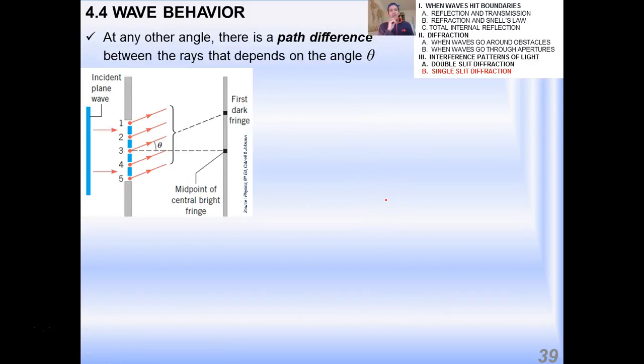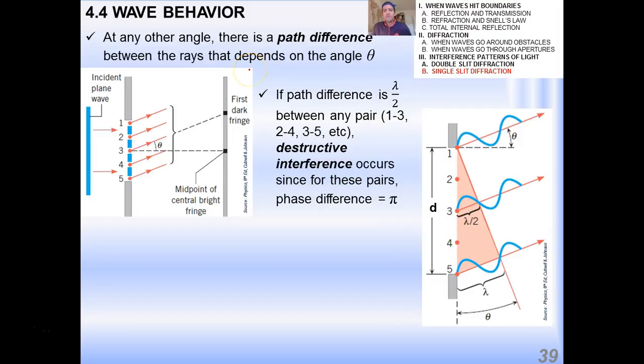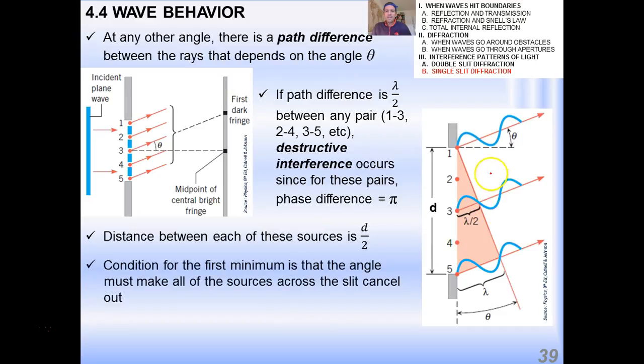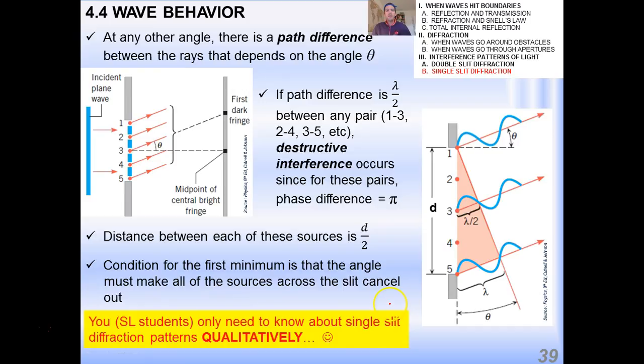All right, now, at any other angle other than theta equals 0, there's a path difference between the rays that depends on the angle theta. And again, you don't need to understand the quantification of this quite yet, but here's that magical lambda over 2. If the path difference is lambda over 2 between any pair, destructive interference occurs, and that is why we see the dark fringes, okay? So the condition for the first minimum with a single slit is that the angle must make all of the sources across the slit cancel out. So again, standard level, you only need to know about single slit diffraction patterns